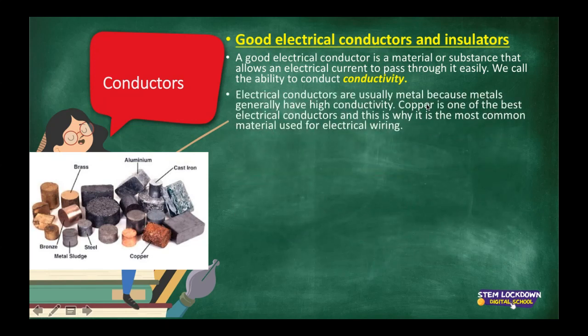Now, electrical conductors are usually metal. Someone said metal, JD, thank you, because metals generally have high conductivity. Copper is one of the best electrical conductors, and this is why it is the most common material used for electrical wiring. Now, one day, maybe you've got a wire that is damaged or there's no plastic covering around it, and